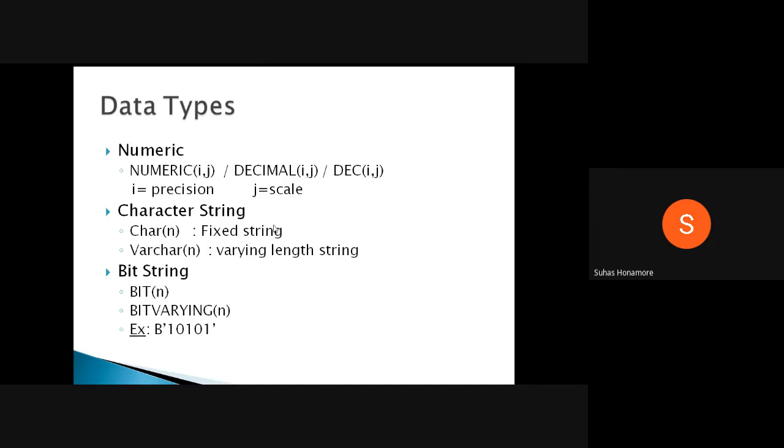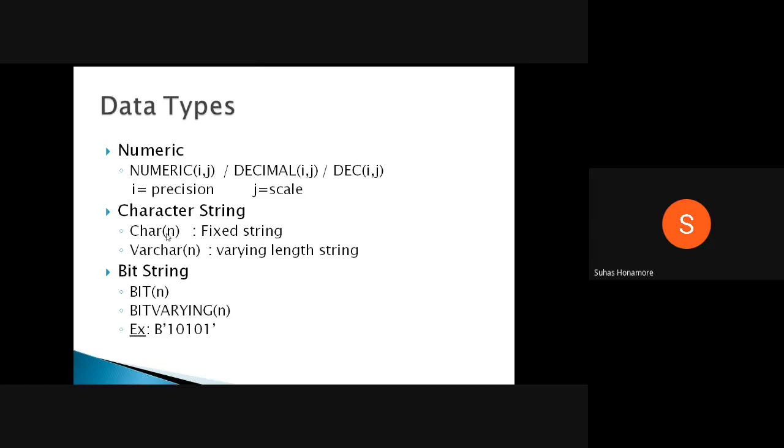So here n stands for the number of bytes, how many bytes you want to give. If you remember, for name we used to give varchar 20. That is the data type we are giving: name varchar 20. By default we are using varchar only. So now you can give actual char also or varchar also, any one you can give.